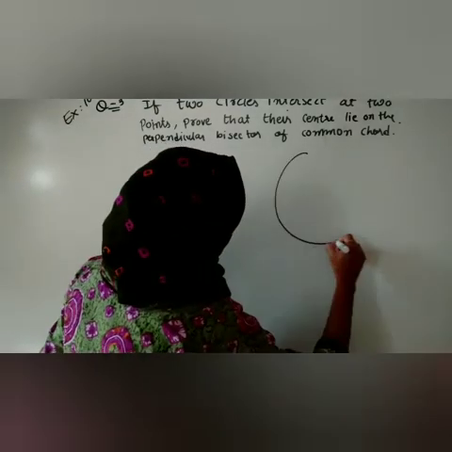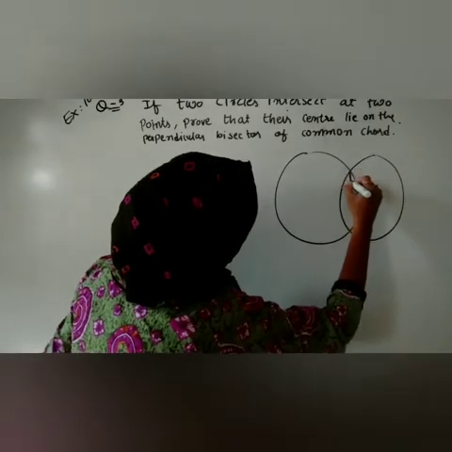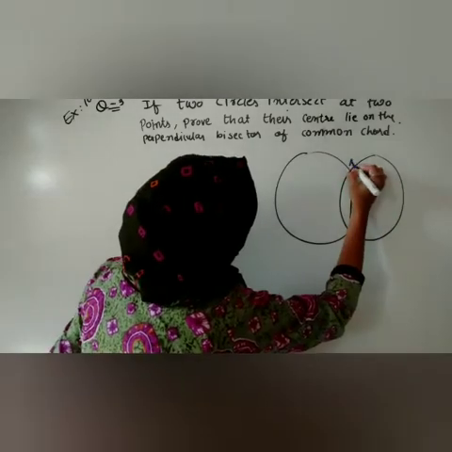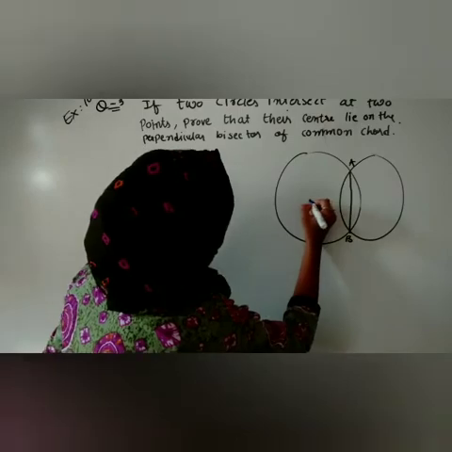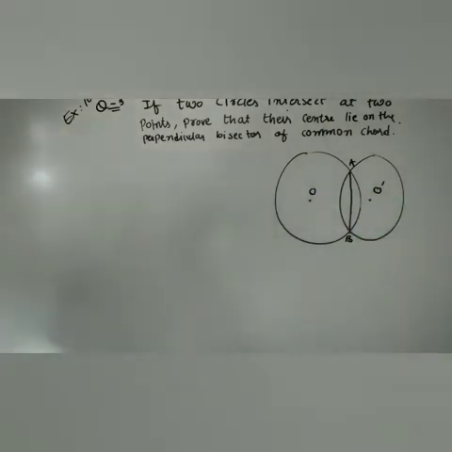which has a question in this form. The question is that if two circles intersect at 2 points, that is, there are two circles, if we take one circle like this and another circle like this, both having a common chord, let us give it the name AB, and it has center O, and let us give the center of the other as O dash. At 2 points, prove that their centers lie on the perpendicular bisector of the common chord.